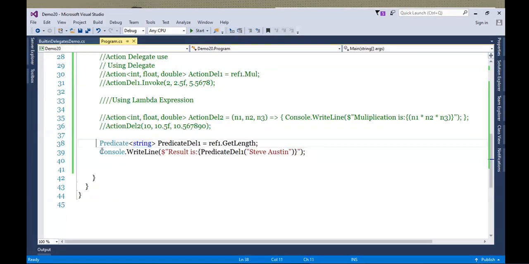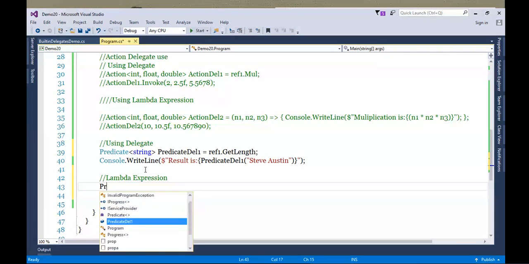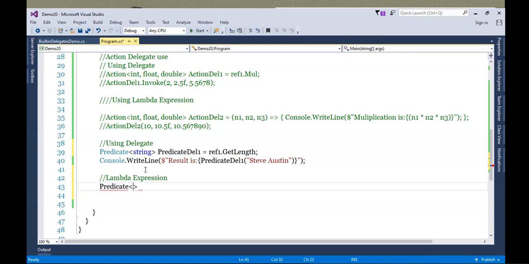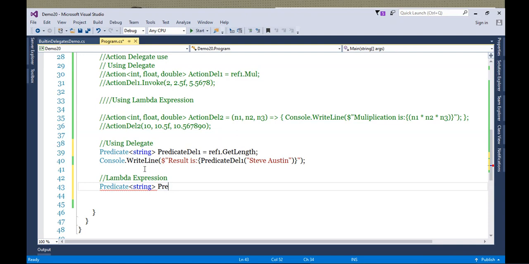Okay, now let's write it using lambda expression. So how will you write it? Okay, so let's take predicate. What type of argument? String, predicate delegate 2 equals to.